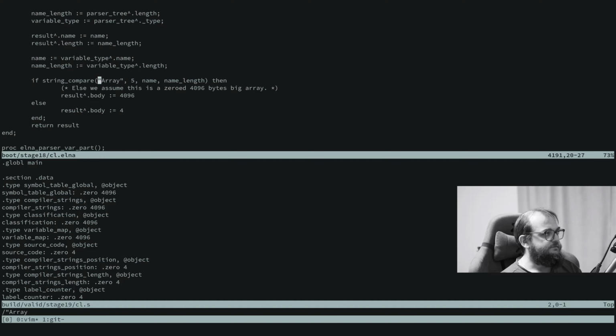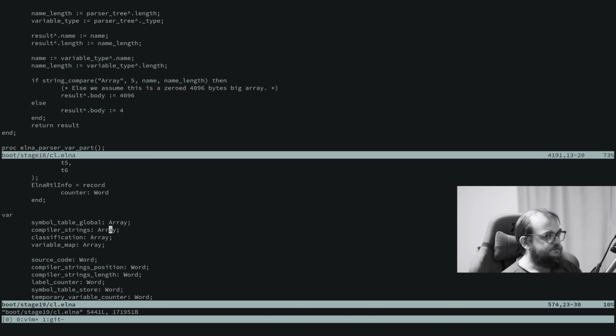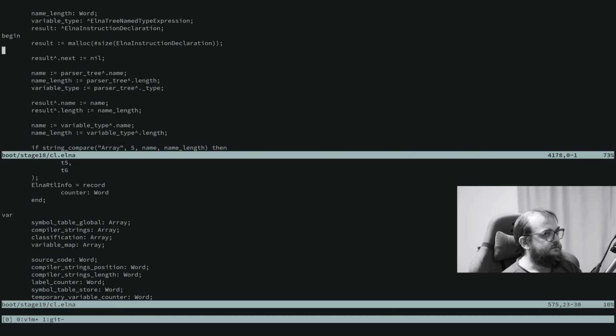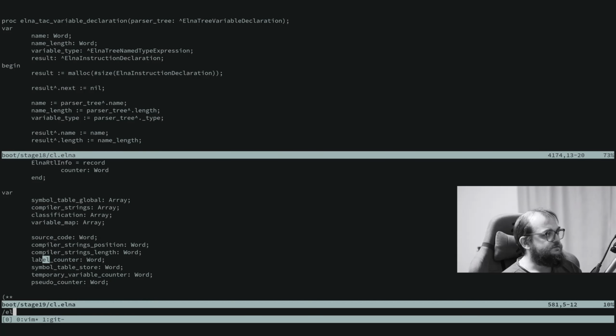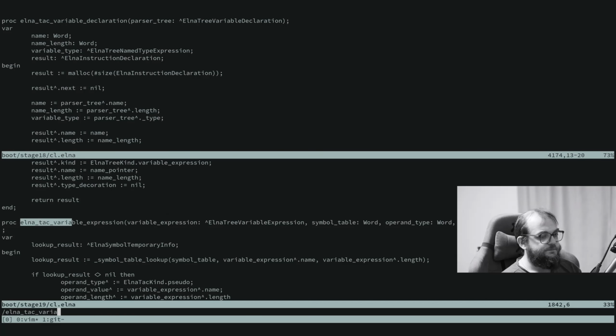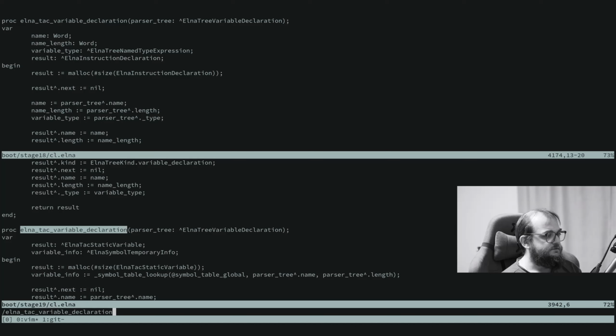We will have here the same array code, and in the bottom half we open the current 19th stage, and we will find the same procedure declaration. It is LNTC variable declaration,